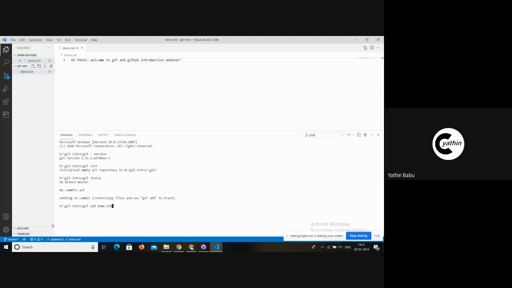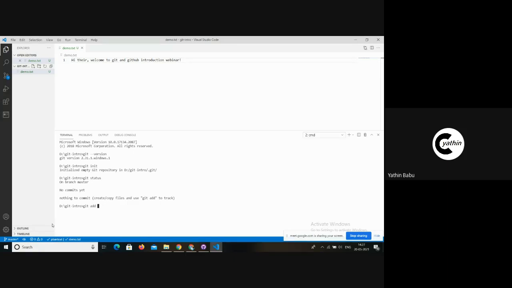Also, if we have multiple files, let's say this is just a demonstration repository, but in practical use cases we will have around 30-40 files, and let's say we just introduced Git to that software, and now we need to add all those files.